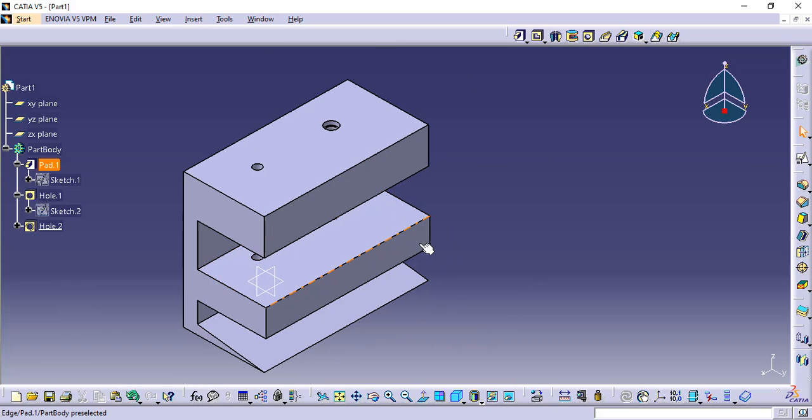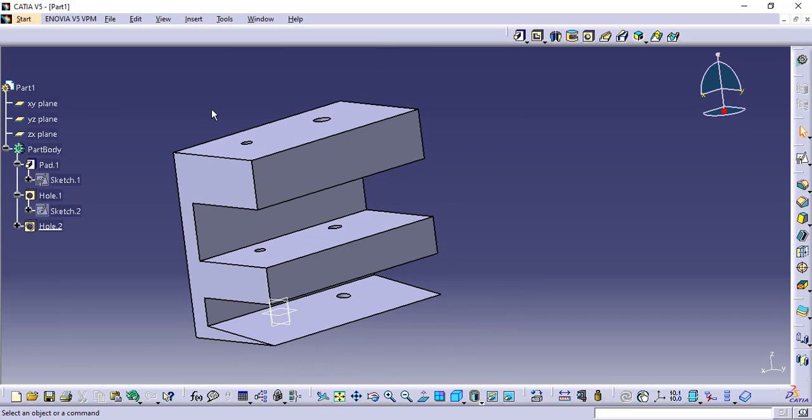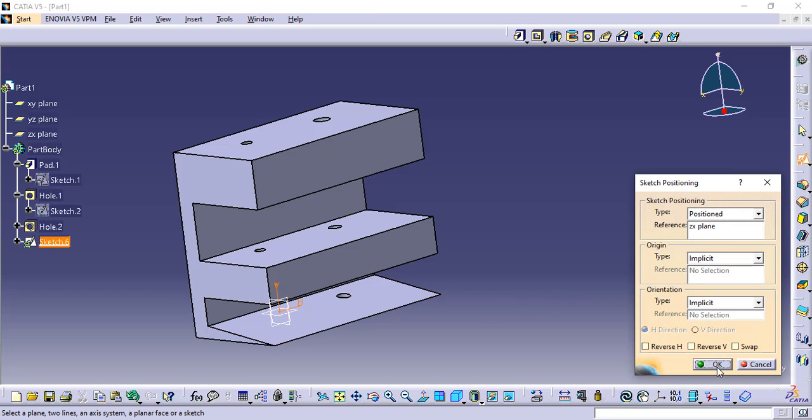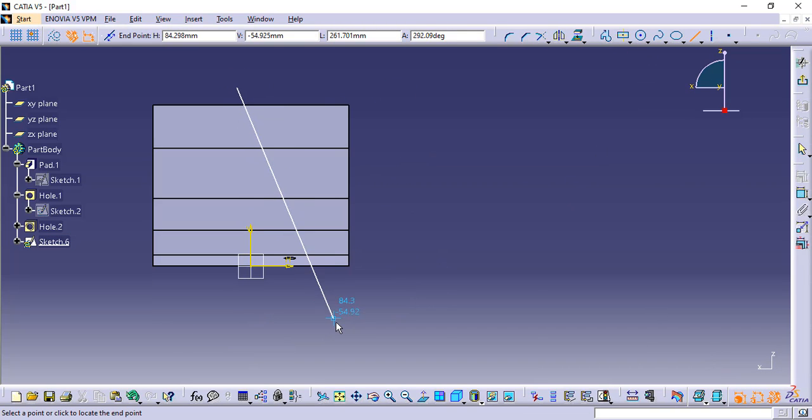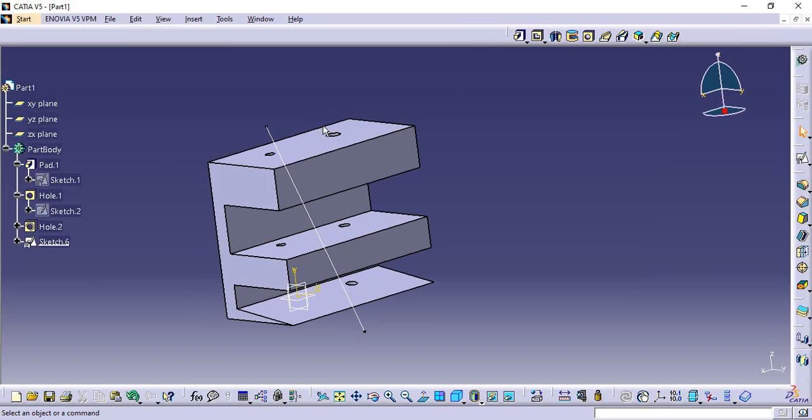Now I will first explain one more thing here, how to make a hole in any particular direction. So I will create one direction line in the front plane. Create any line. I just need to give a depth. This is the line. And I will create a hole on this surface.